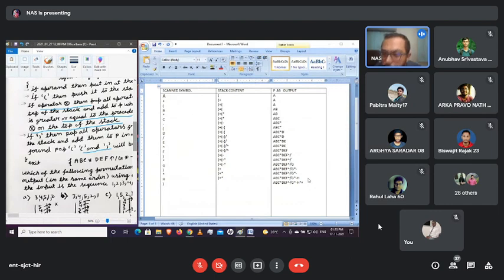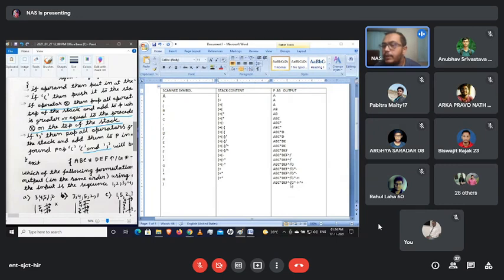Whenever you are evaluating this, what will happen? First A will be pushed into the stack, B will be pushed, C will be pushed. We encounter star. So C will come on the right side, B on the left side, then B star C will happen, and it will be pushed back onto the top of the stack. Then D, E, and F will be pushed. After pushing F, F will be popped out and be on the right, E on the left, and the exponential operation occurs, and the result is pushed back into the stack.